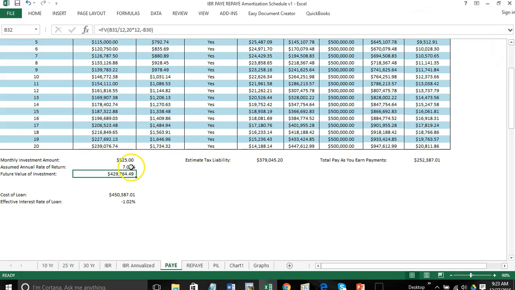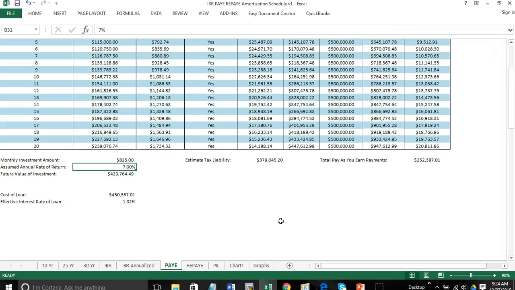The big assumption here is the 7%. So that 7% I'm using is based on the historical return of the Standard & Poor's 500, or the S&P 500, which are the 500 largest traded companies on U.S. indexes or markets. Historically, that return is about 7.5%. So I was a little bit conservative and did 7%.